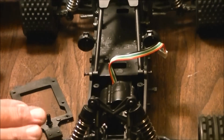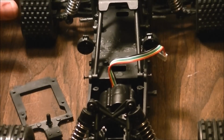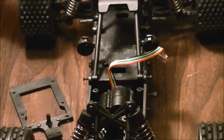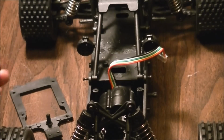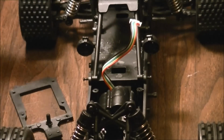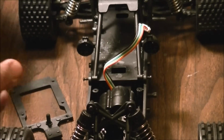Alright, so I was doing a little bit of talking back and forth with another YouTube user, Kind Octavia, I believe is his name. Anyhow, talking about upgrading the Blast or the L959 buggy to all Traxxs stuff for radio receiver. Servo is going to have to be changed. The stock servo is a 5-wire, so this is not going to work with 2.4 gigahertz Traxxs stuff, or even 27 megahertz Traxxs stuff, or anything modernized in the world of regular hobby